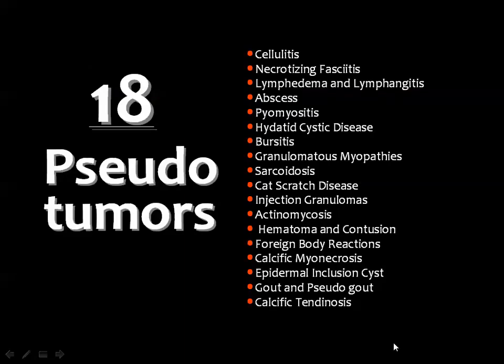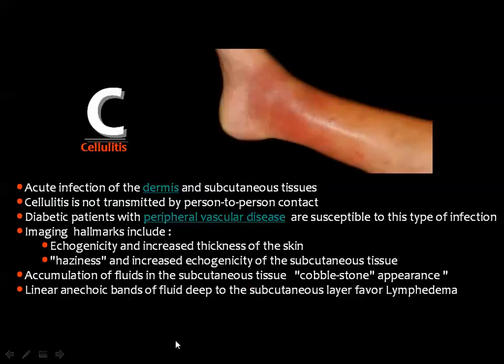Then finally, we came to what's known as the pseudo tumors. This is a group of lesions that may simulate sometimes the soft tissue tumors, and they are mostly of inflammatory nature. I will show some examples of these lesions, starting by cellulitis, and this is an acute infection of the skin and the subcutaneous tissue, and